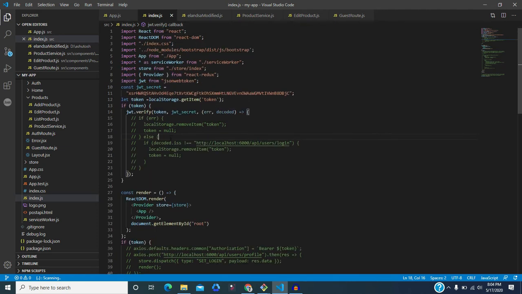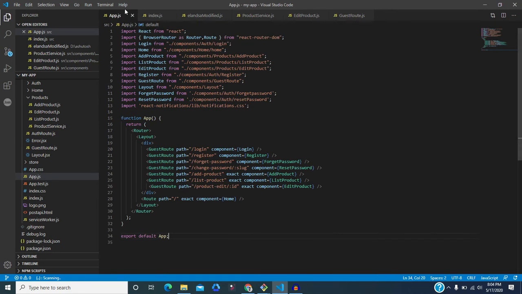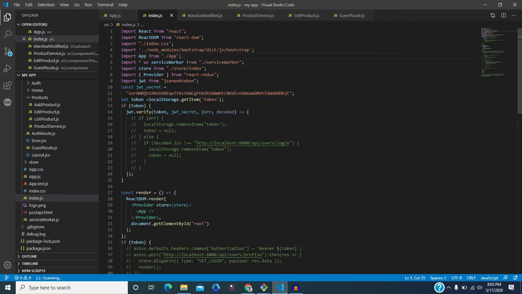So the main important part is here, that App is imported here. Once you import something, you also need to export it. Where do you export it? Once you go to App.js, you will find that this file is exporting something which is App, and in App some of the functionality is written. And if you export, then you also need to import it whenever you want to use it. So here it is imported in index.js. Here you can see that App is imported, and now we can use this App.